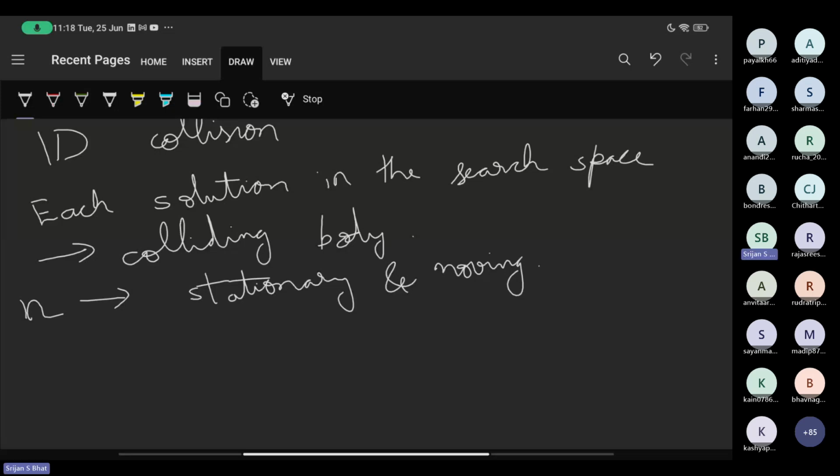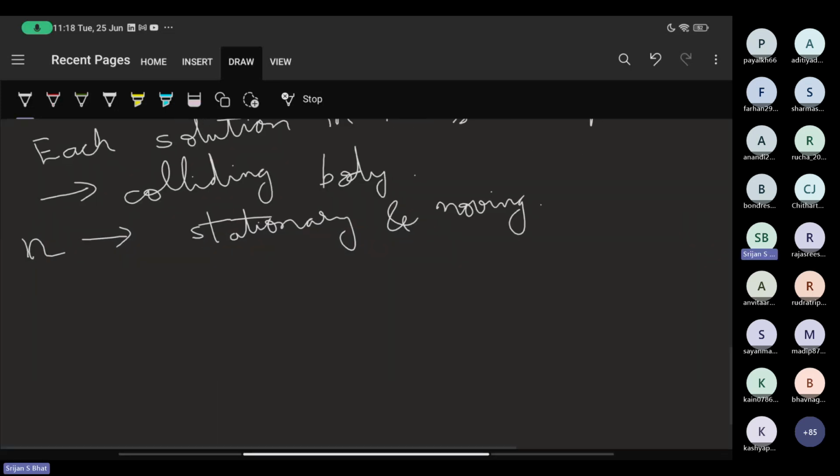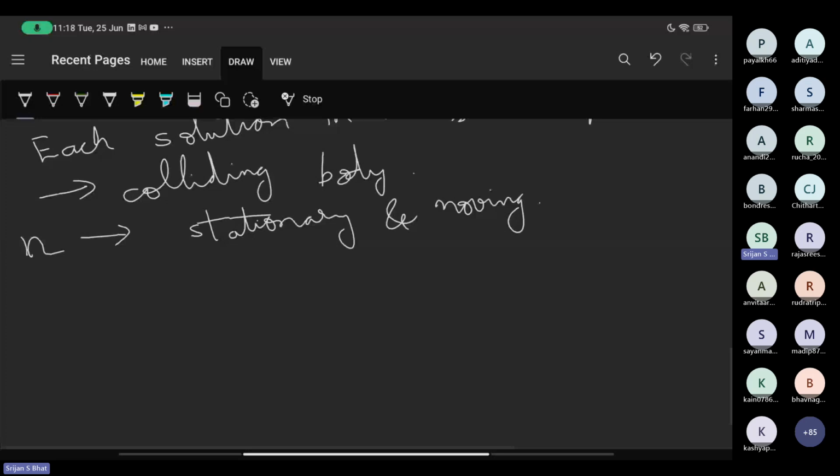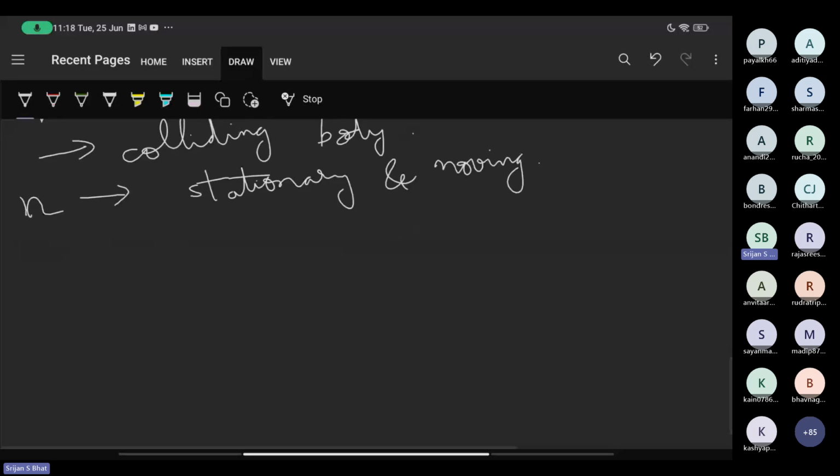So we define it so that the stationary objects are already the ones which have a better fitness value. So basically, they are closer to an optimal value than the moving objects. So what happens is, I had talked about exploration and exploitation. So it is somewhat similar to that.